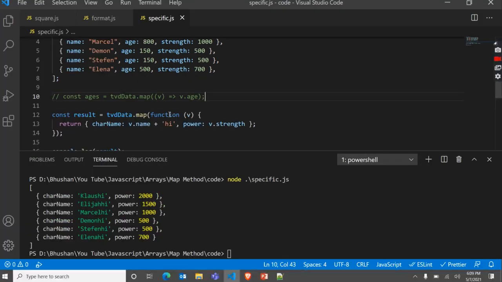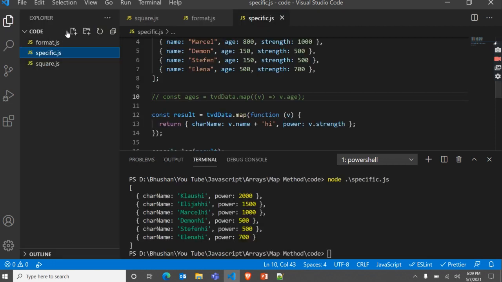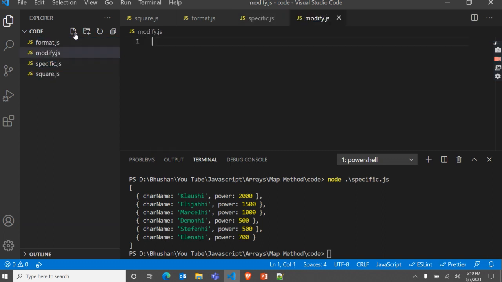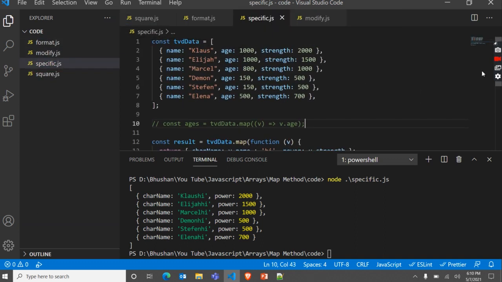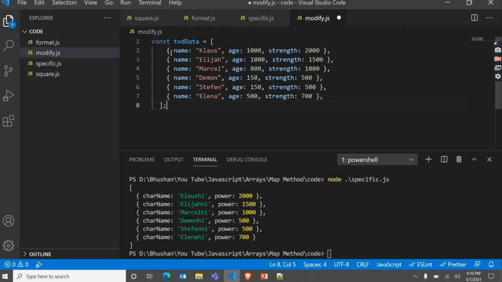Let me create one file with the name modify.js, and we want this same array, so let me copy paste this here.